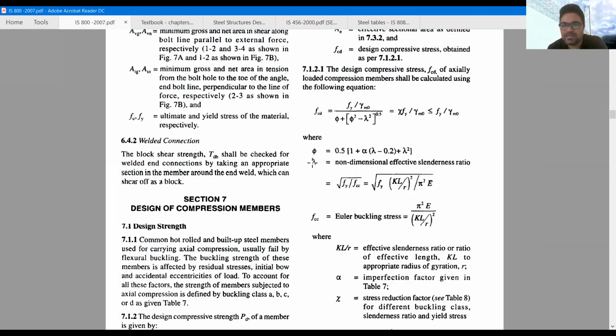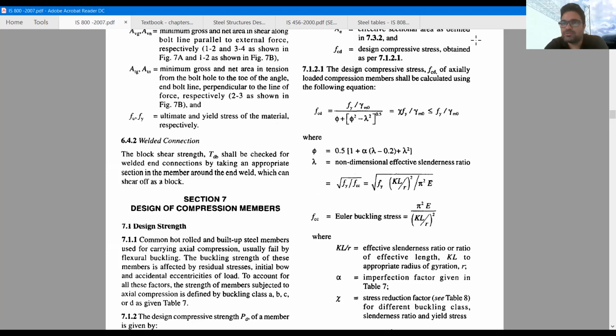Well, lambda here refers to the non-dimensional effective slenderness ratio, and the formula for the same is given here and it is elaborated here. So all the values we have to find out. KL is effective length, R is the radius of gyration, E is the Young's modulus of elasticity. So all these formulas are given in the IS code. So I'm showing you so that you can use them from the IS code.